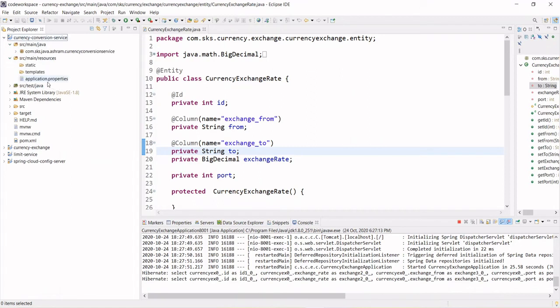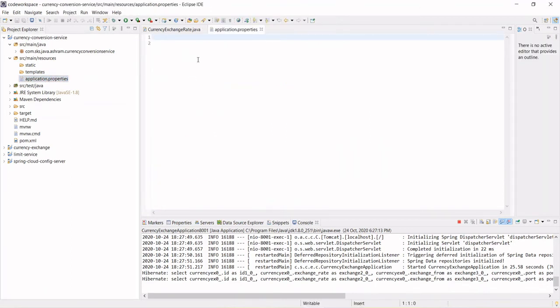So let's go to the application.properties and give the application name. How can you give this? spring.application.name, and the name should be currency conversion service. And the other thing you can give is the port.